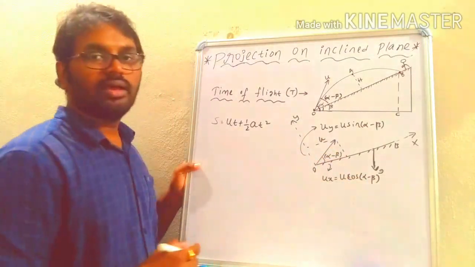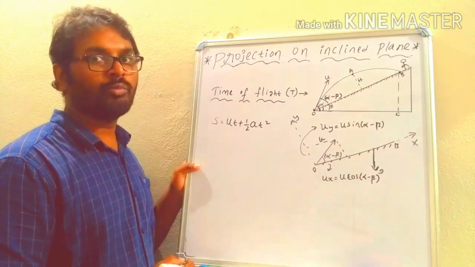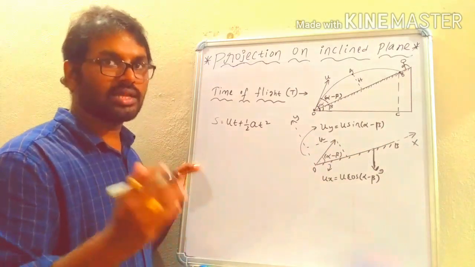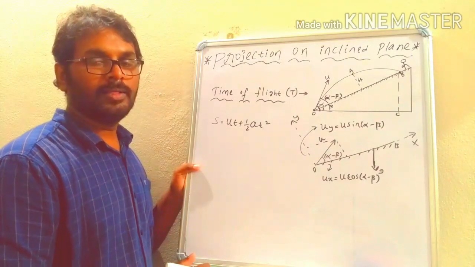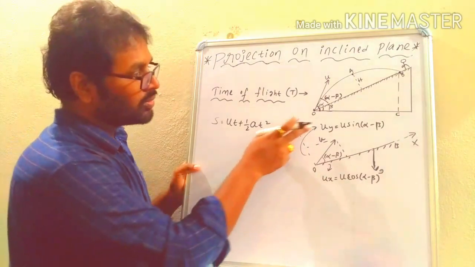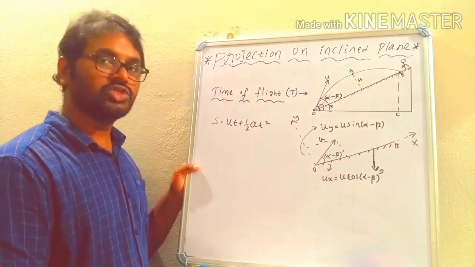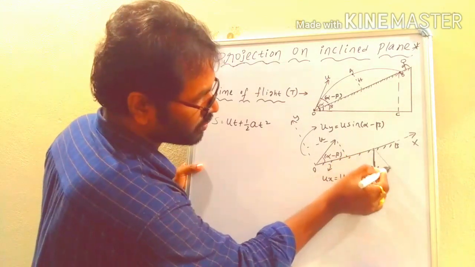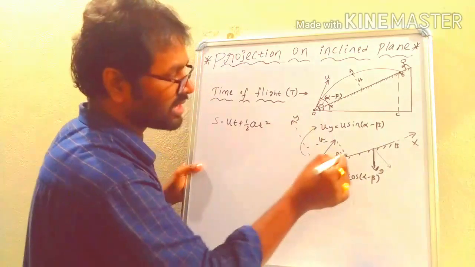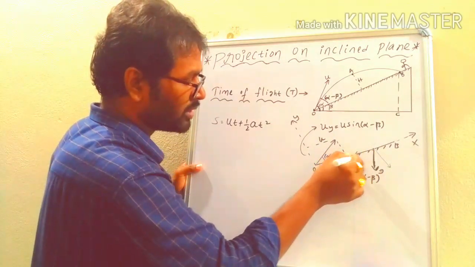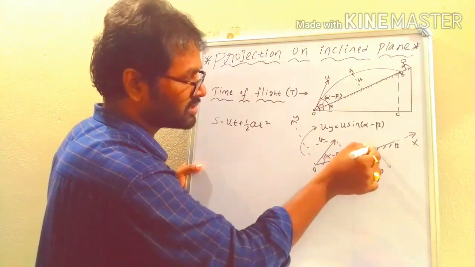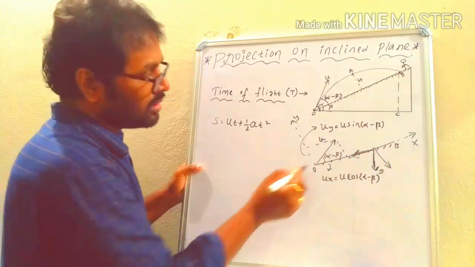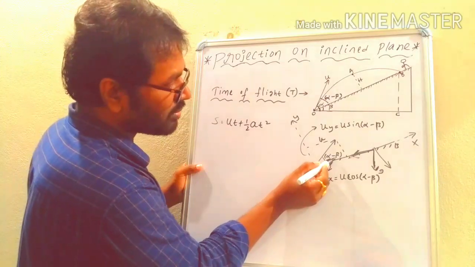Now this g has been divided again into two components, one along the x-axis and the other along the y-axis. Then we can decide how these two velocities are changing. Let us try. One component is perpendicular to the x-axis, and the other component is parallel to the x-axis. You can see here is the one component, here is the second component. So this angle is alpha minus beta.